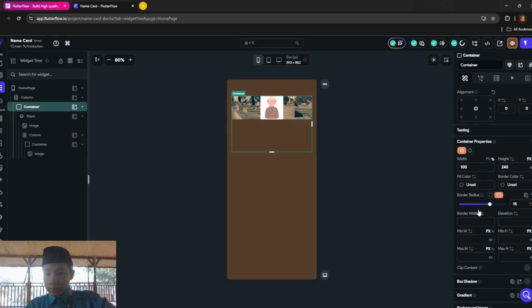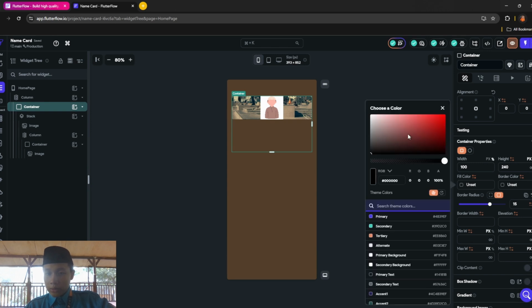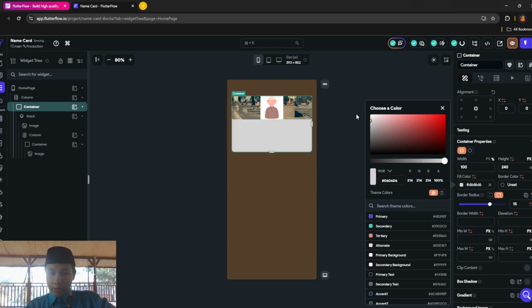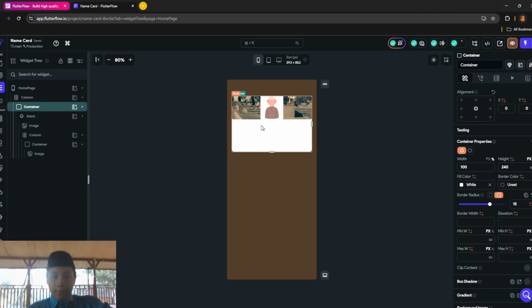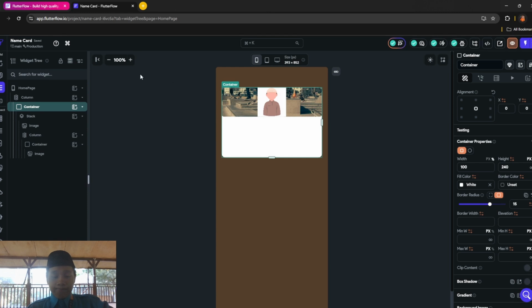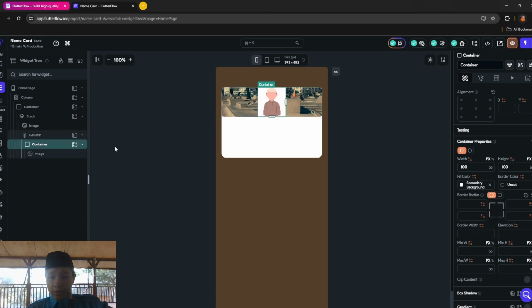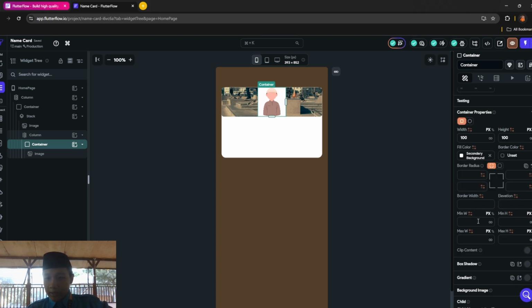Then at the top, you want to fill the color of the container, maybe white, like this. Then you can edit this container, select the image, the color, and then make the container alignment to middle.